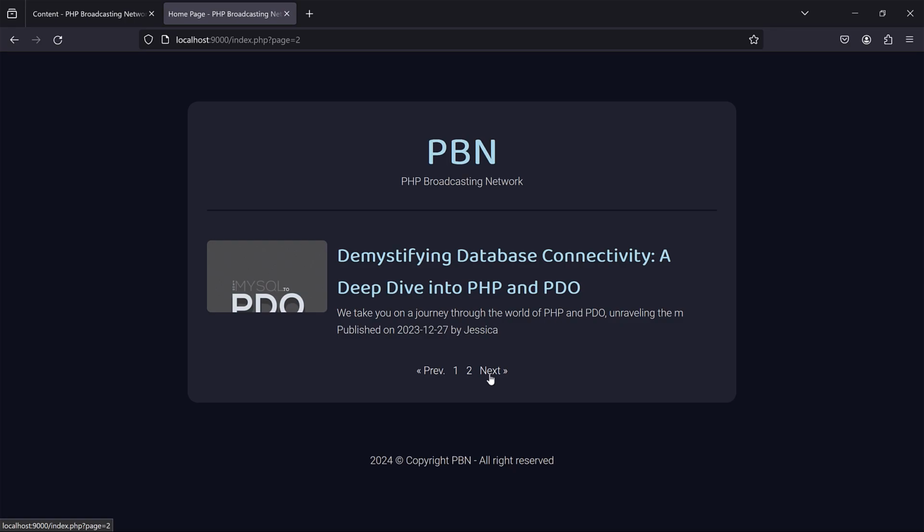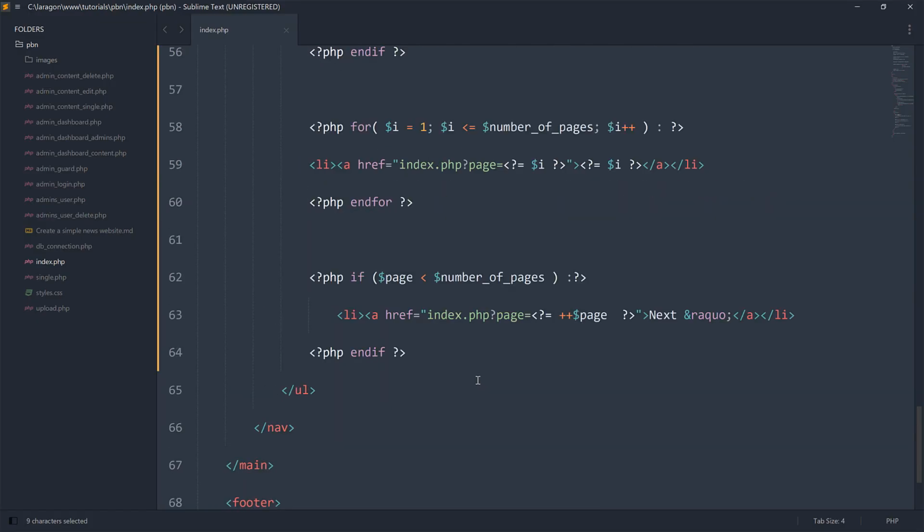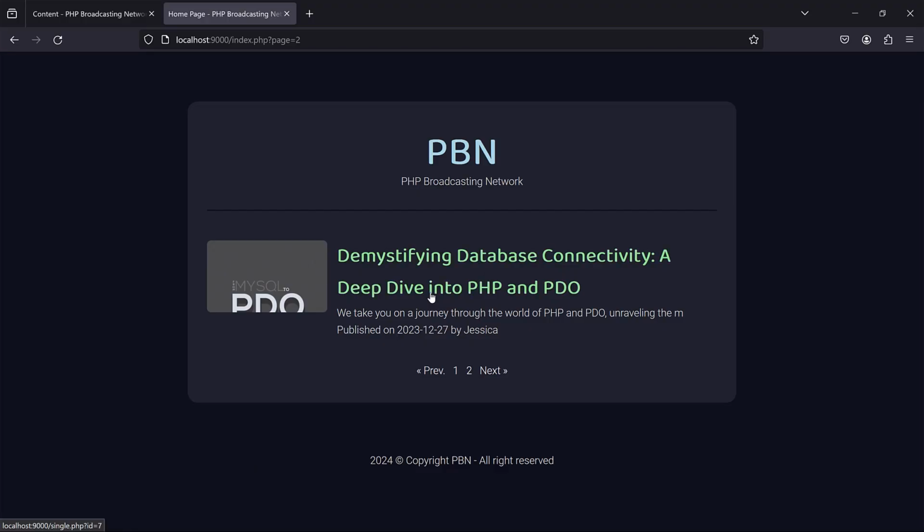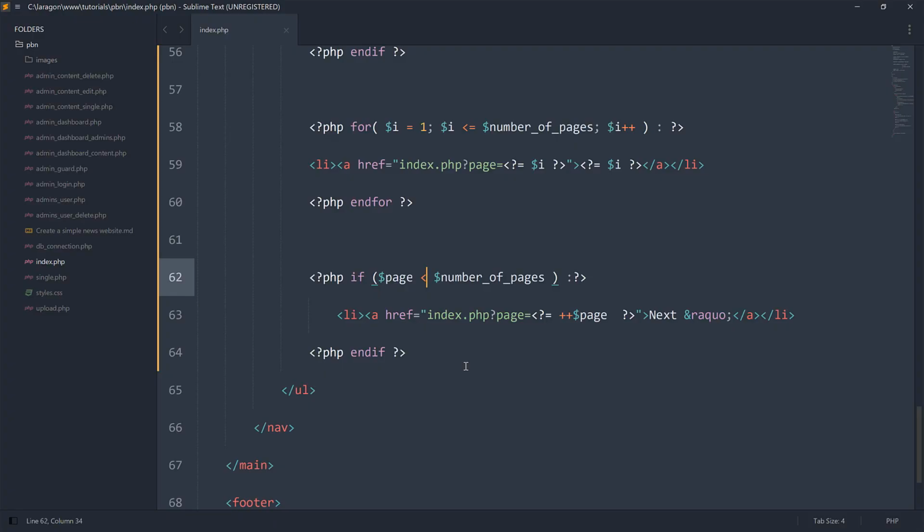I was expecting the next not to show, and let me check my condition, which says that the current page must be strictly less than the number of pages. Okay, so if it is strictly less than, then we display. But what if it is equal to? It shouldn't. So that's one challenge. So strictly, if page is less than,